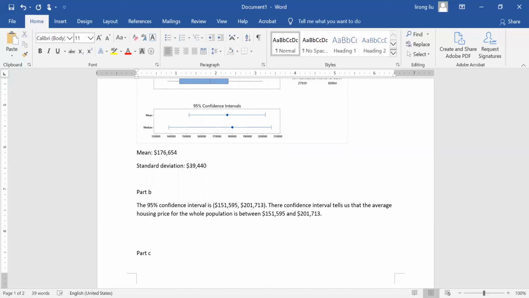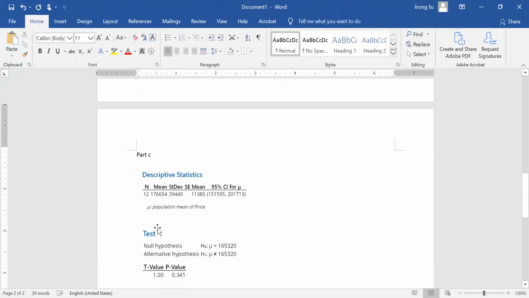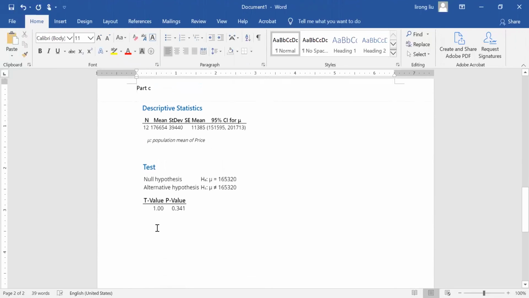That's the interpretation for the confidence interval. Okay, for part C, I want to move to the next page because it's getting close to the end. We performed the hypothesis test to see if the housing price has changed from last year or not. We got the p-value. And so what we want, since the hypotheses are already stated, we don't need to do that. So we say based on the p-value, which is